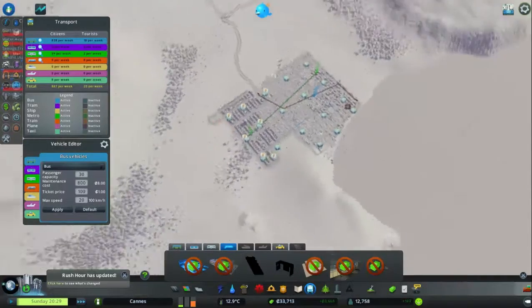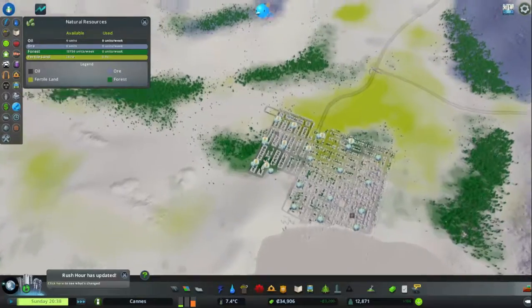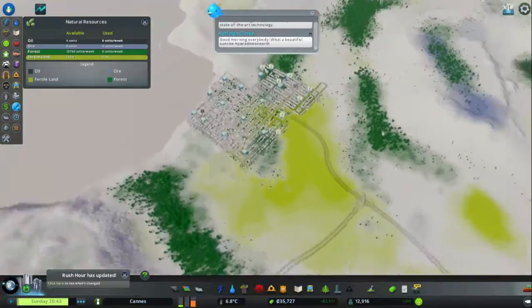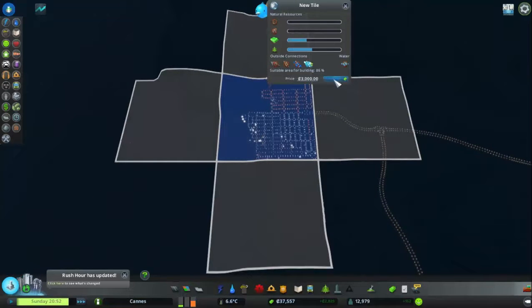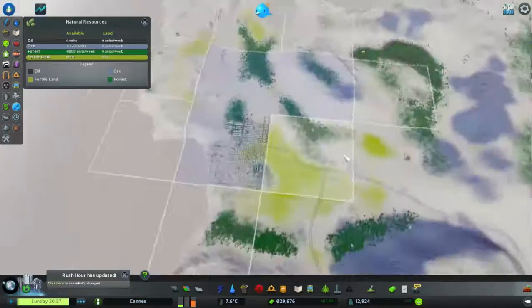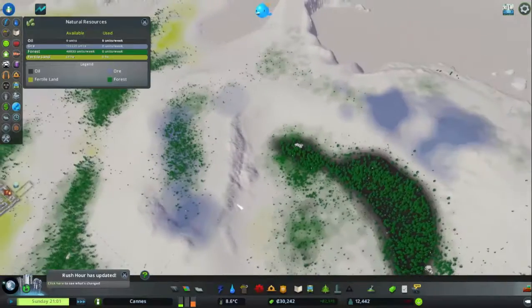Huh. The only nearby oil field is well and truly far away. Natural resources. Oil. I saw some oil over here somewhere. Yeah, there's oil way out here. And last time I checked, that would be rather expensive to buy. That's $3,000. If I buy my way out to there to build an oil field,